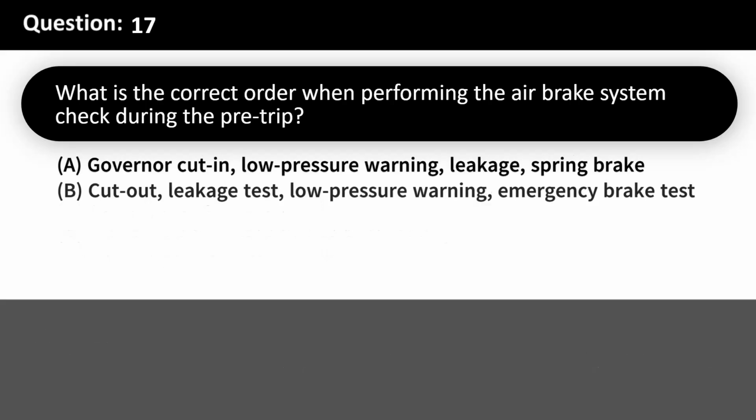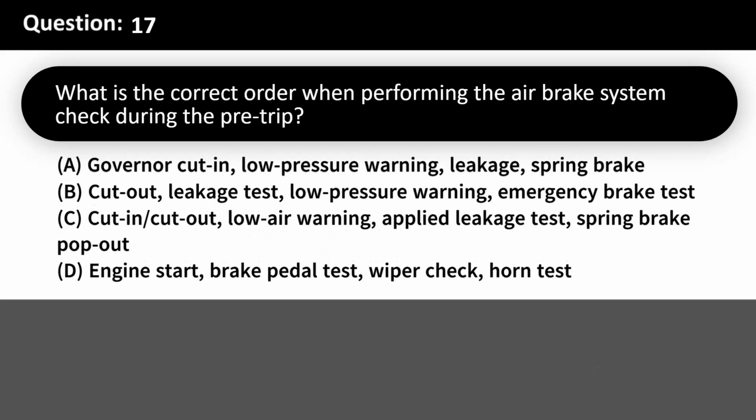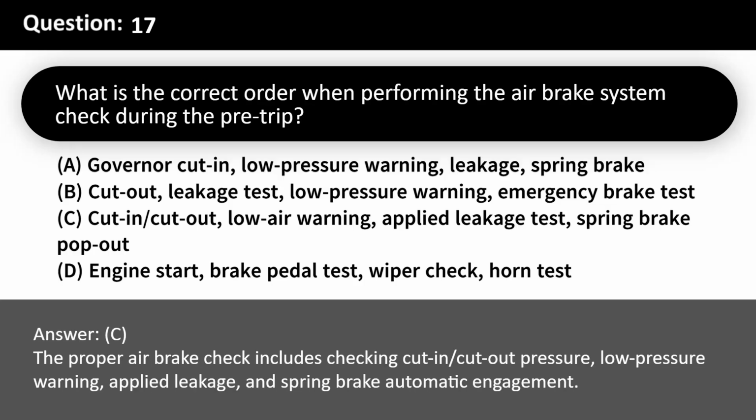What is the correct order when performing the air brake system check during the pre-trip? A. Governor cut-in, low pressure warning, leakage, spring brake. B. Cutout, leakage test, low pressure warning, emergency brake test. C. Cut-in/cutout, low air warning, applied leakage test, spring brake pop-out. D. Engine start, brake pedal test, wiper check, horn test. Answer: C. The proper air brake check includes checking cut-in/cutout pressure, low pressure warning, applied leakage, and spring brake automatic